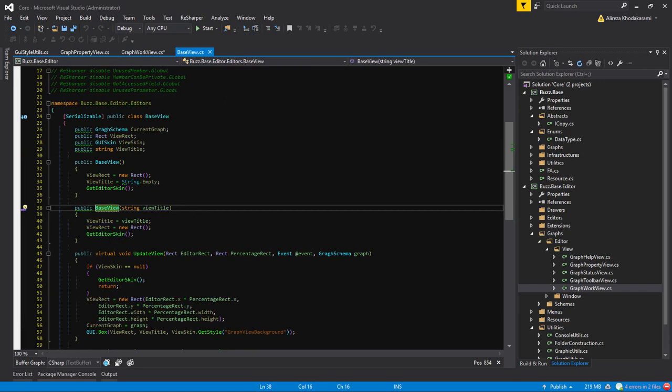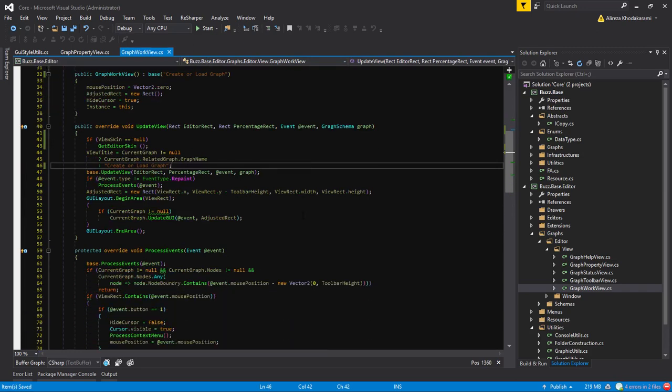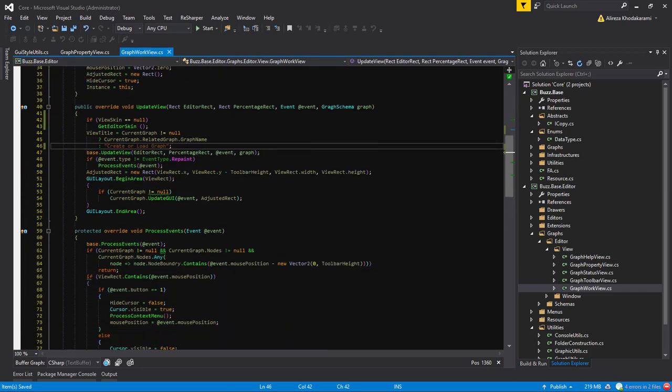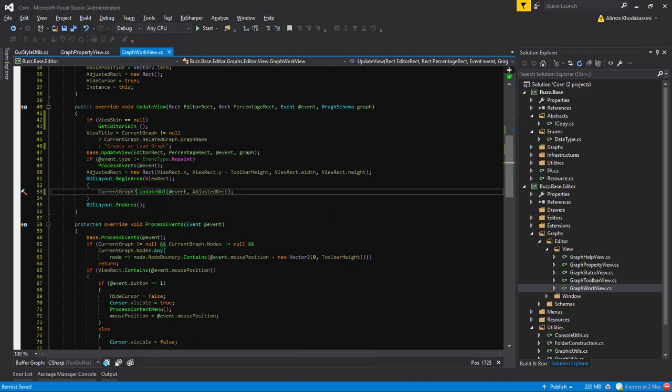View title, yeah, that should be the same with this guy. Anyway, then that's okay. That part is okay, that part is okay, that part is okay. And use null propagation. We can do that here, okay? Don't forget that. We can do these guys inside